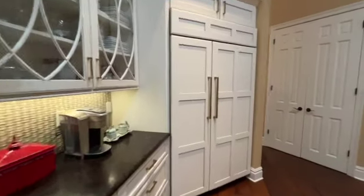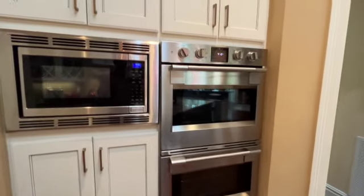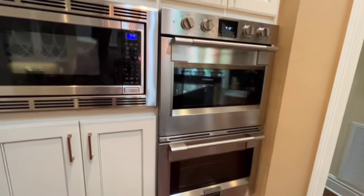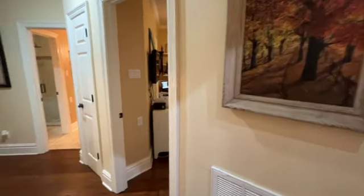The built-in Sub-Zero fridge and freezer. And then a double Fulgar Milano oven. So these were replaced during the supply chain years, call them the COVID years. Amazing oven. So off the kitchen area we